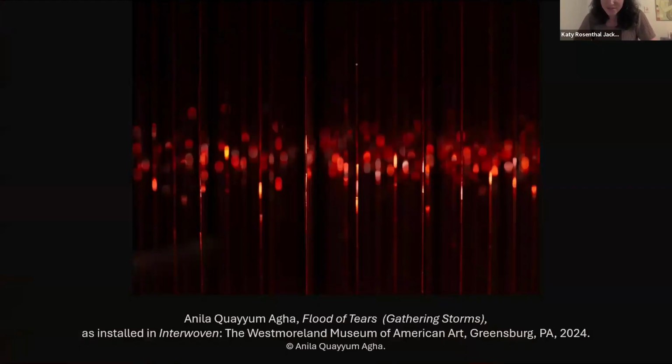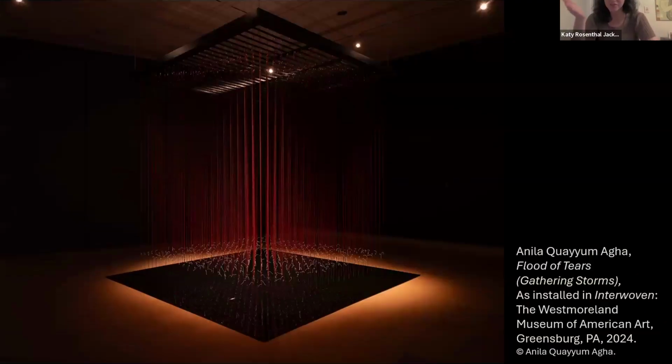So each of these, and maybe you can correct me with some of these numbers, maybe Joshua, but each of these roughly 12-foot long threads that amass into this flood of tears is strung with a series of 1-inch glass bugle beads. And then this is repeated hundreds of times, ultimately amplifying these really delicate beads into an installation that has quite an architectural